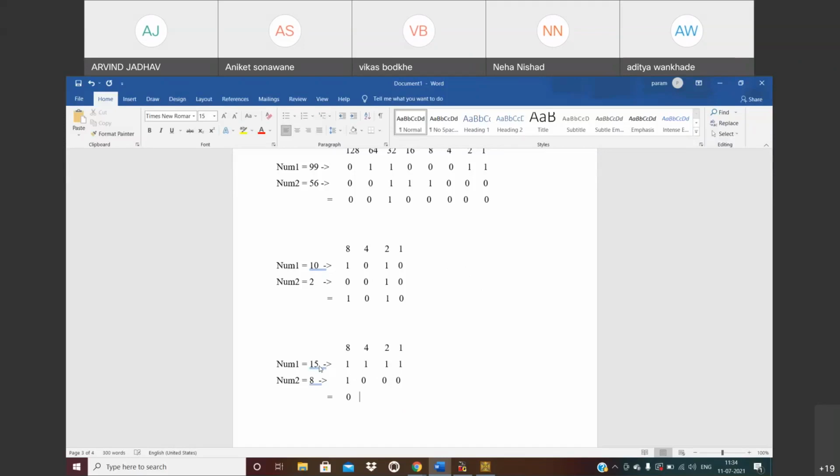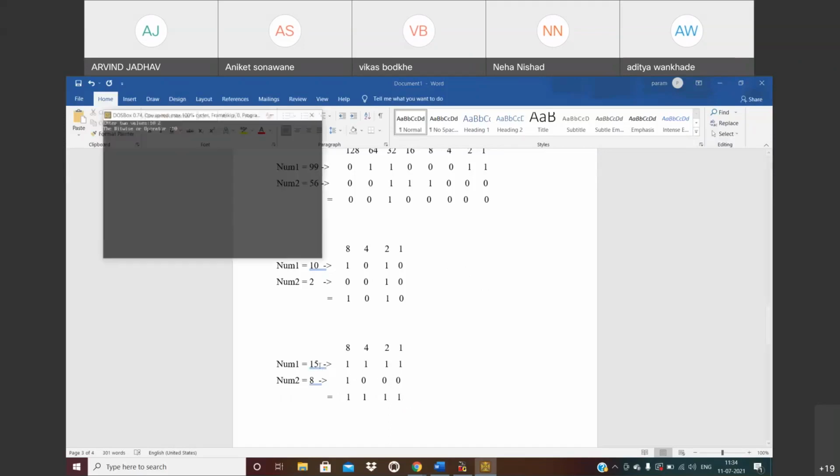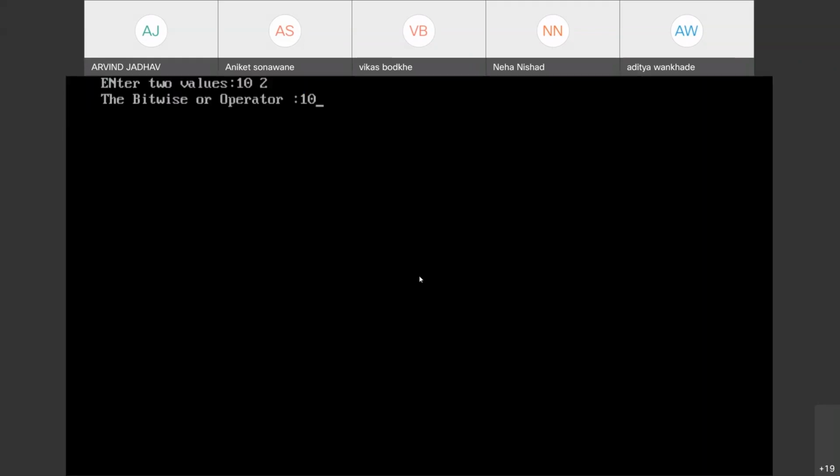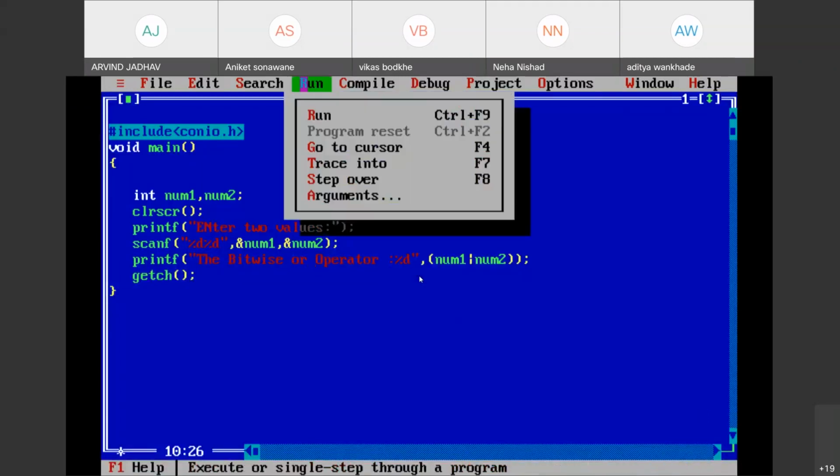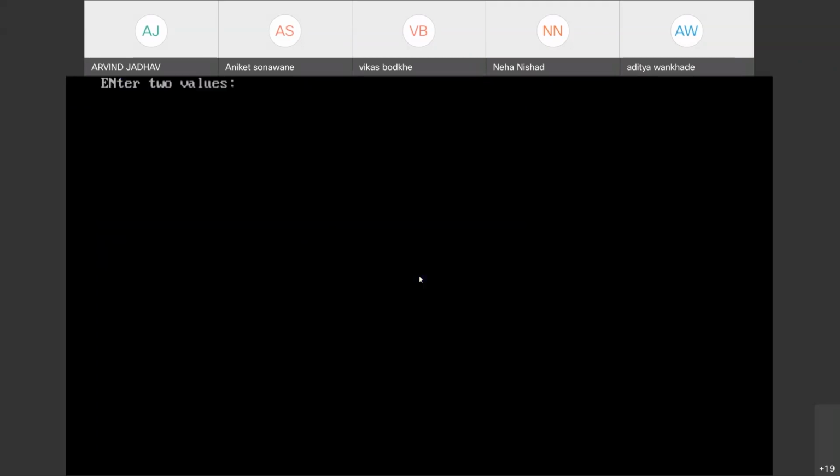Now calculate what value we get. 1 OR 1, 1. 1 OR 0, 1. 1 OR 0, 1, and 1 OR 0, 1. So that means we get the output as 15. Okay, let's check. Run. 15 and 8. See, we get the final output as 15.